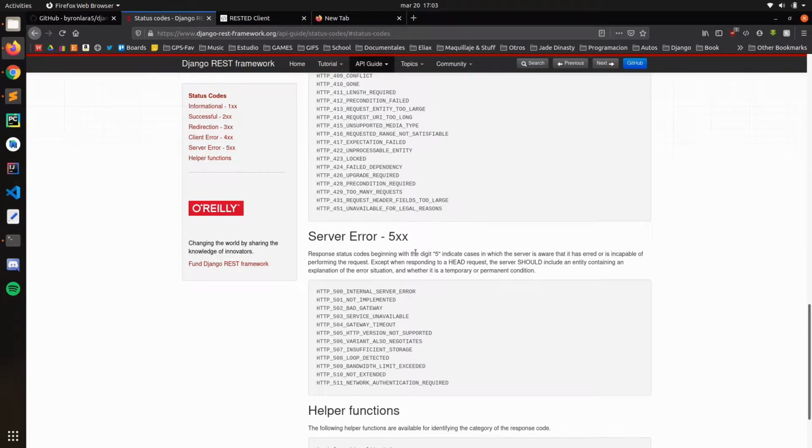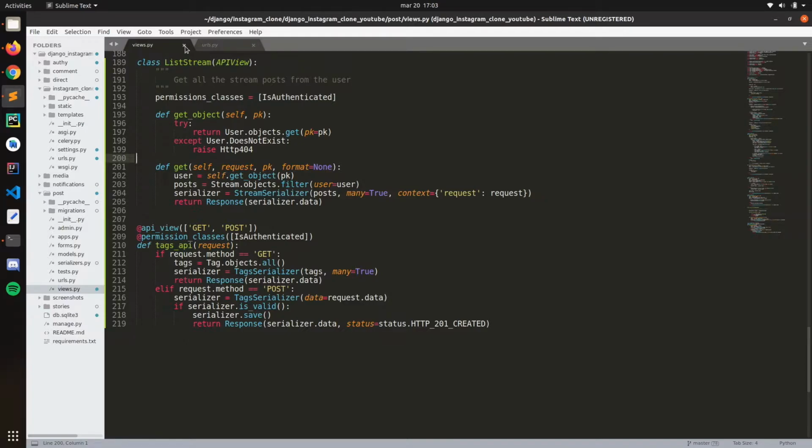Hello everyone, and in this video we're going to work with the authentication system. Django REST framework just provides this authentication system ready for us. We just need to make the changes. First of all, when you set up the authentication system, you can create, in